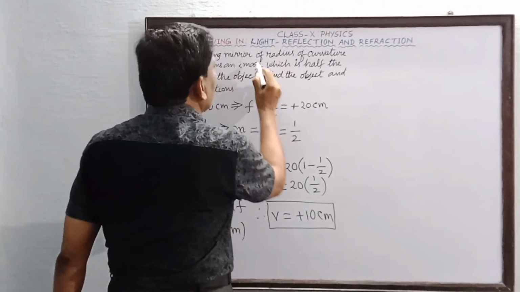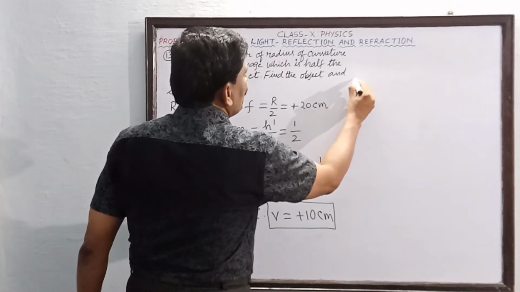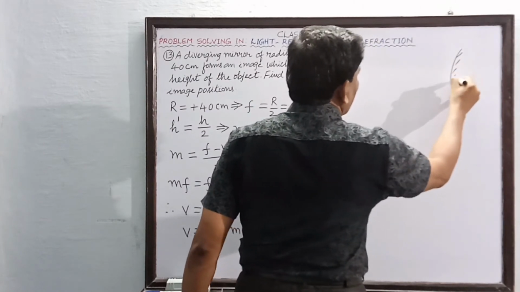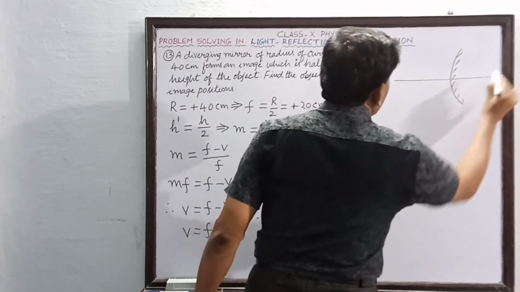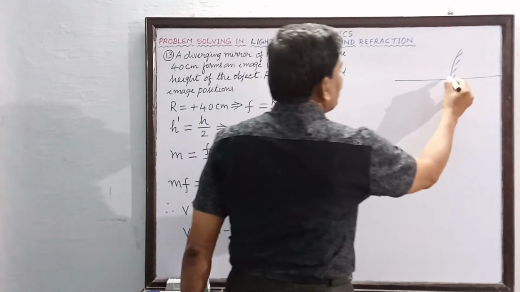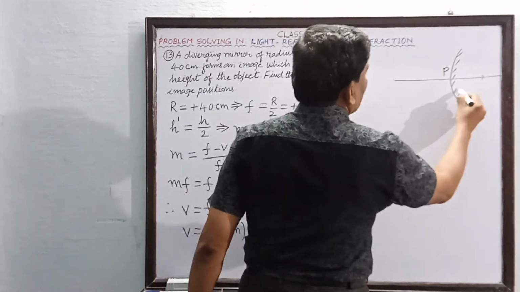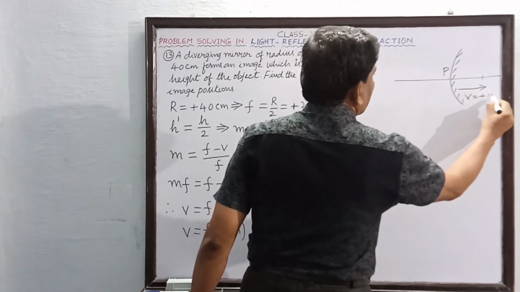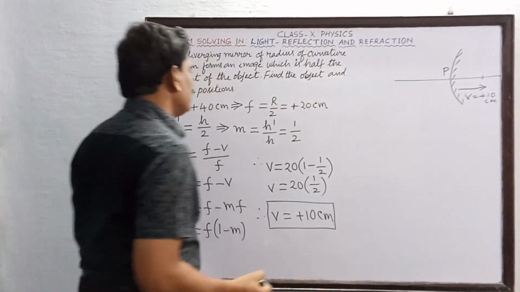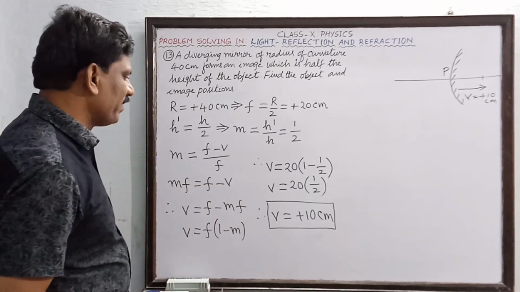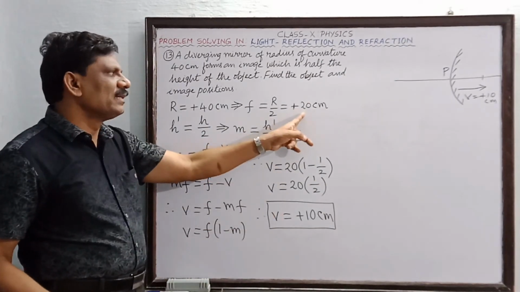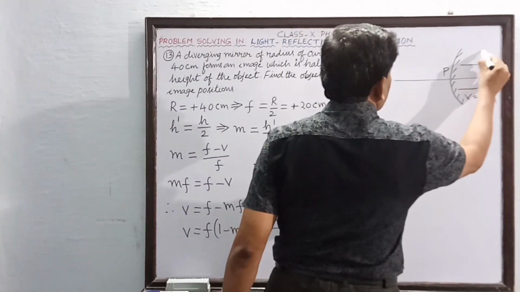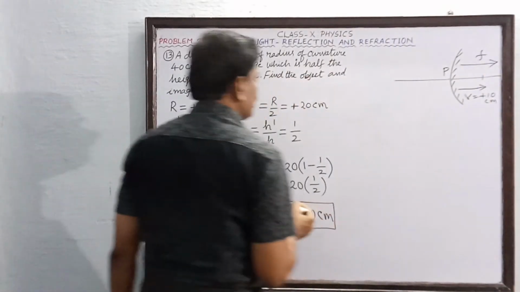So what type of mirror? It is a diverging mirror, is it not? So if it is a diverging mirror, see here I will take, this is the diverging mirror like this. So this is the principal axis. So v, this is a pole, v is what? V is available on the other side. So v is equal to plus 10 centimeter. Okay students? Now object distance we have to find out. So focal length is plus 20 centimeter. So focal length is also on this side, v is also on the other side of the mirror.